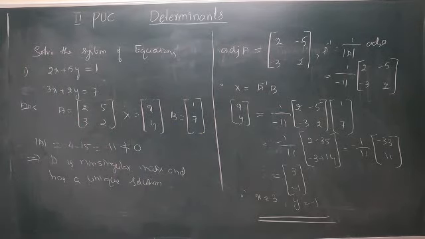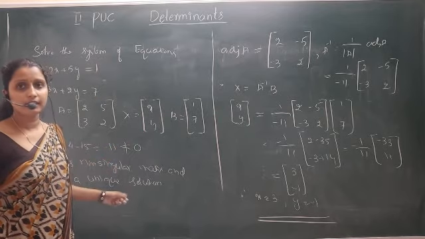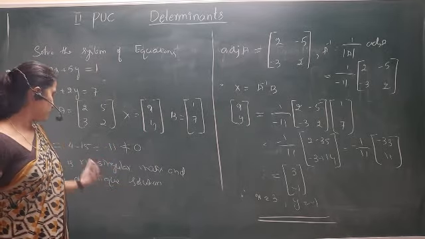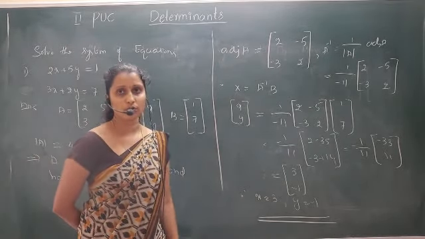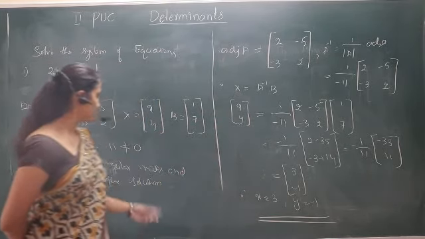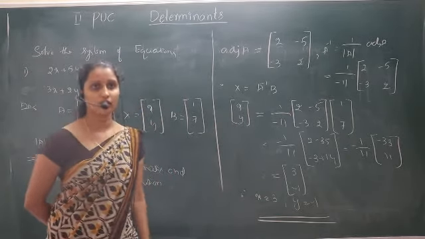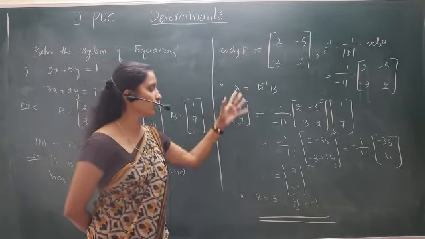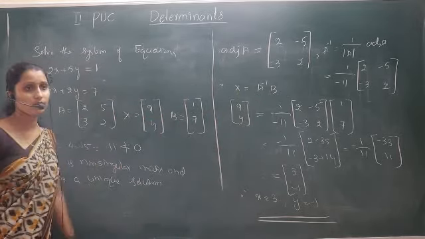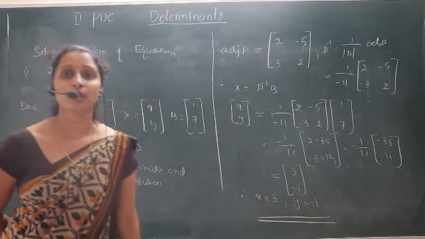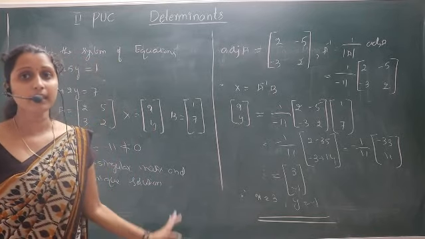Likewise we can solve systems of equations. First we express AX is equal to B, then check whether A is singular or non-singular. Only if it is non-singular do we continue and get the solution. Otherwise it does not have a solution, and we can only check the consistency. If the determinant is not equal to 0, then the inverse exists, and only then can we find the values of x and y. This method of finding the solution of a system of equations is called the matrix method.